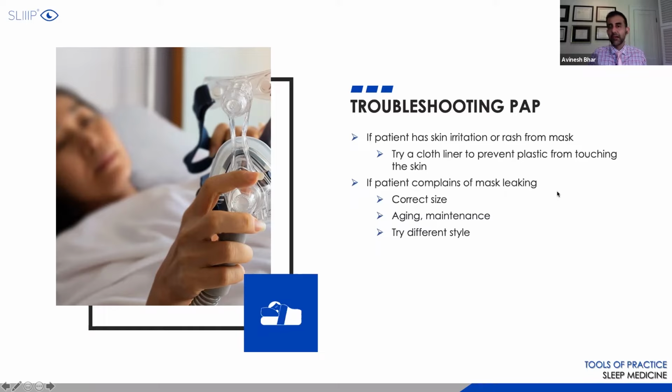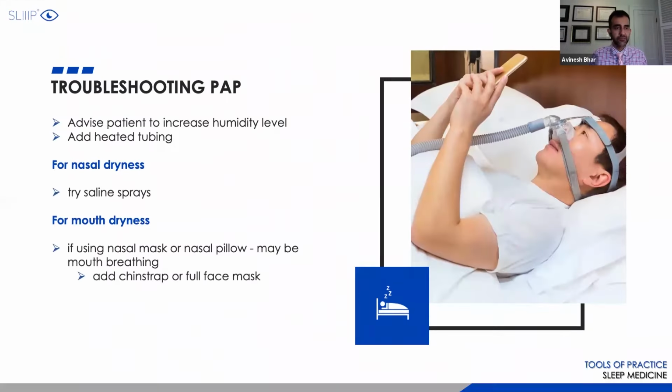So look that up. Mask fitting can be done, but I say a lot of the times the leaks occur later on down as the masks get older. Masks get changed out every 3 months or so. And they give you the liners, meaning that the patient has not only the hardware, the hard plastic part of it, but the soft part of it, the rubber. They have 2 or 3 versions of that, which they can replace as they start getting more of a mask leak. Or you may want to try a different mask.